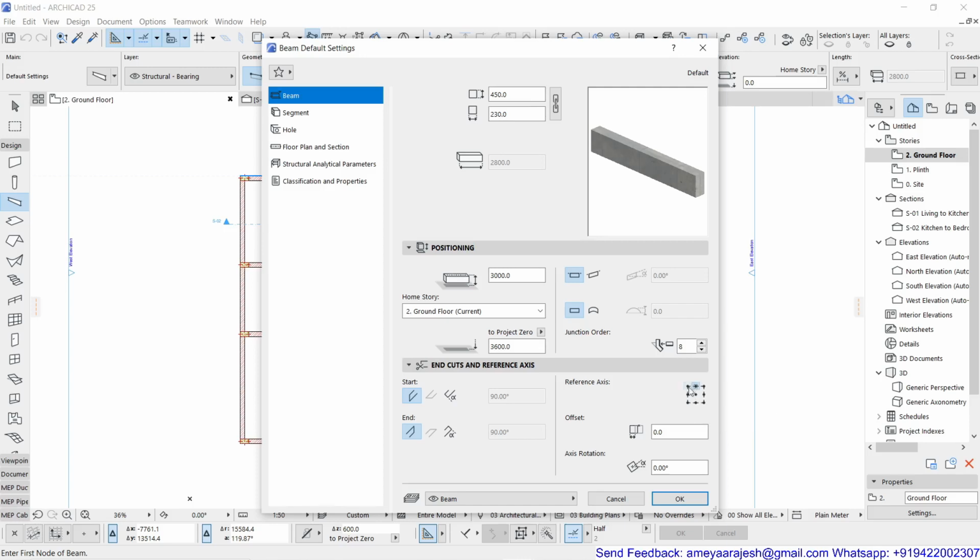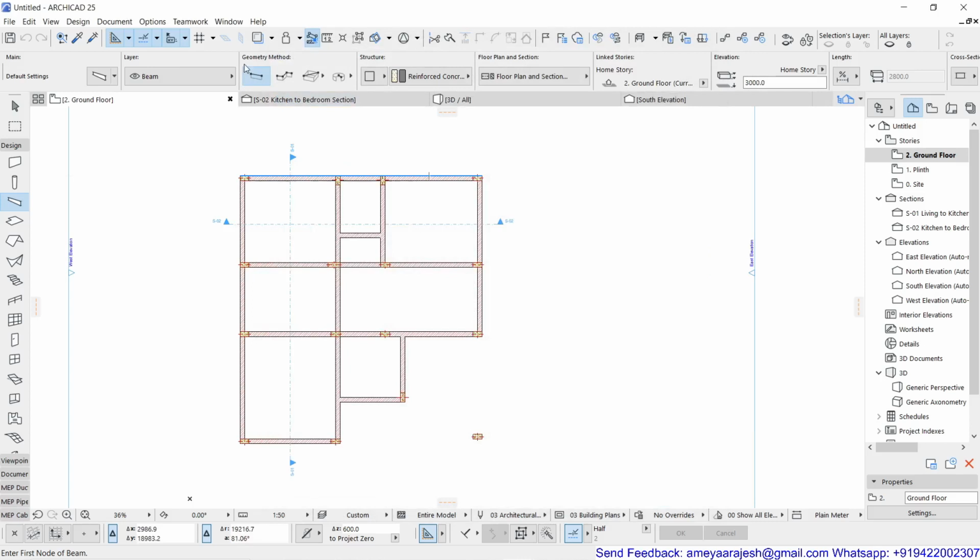I will continue with the old one. I'll say okay for this now. And as usual, the geometry methods you have to check for single segment, multi-segmented. Multi-segment is a chained, a different number of beams you can place in one go, not the variations in the size. So just remember about that, rectangular and circular. Of course you have a rectangle and rotated rectangle, or in the circular you have some options available as per the same standard conditions.